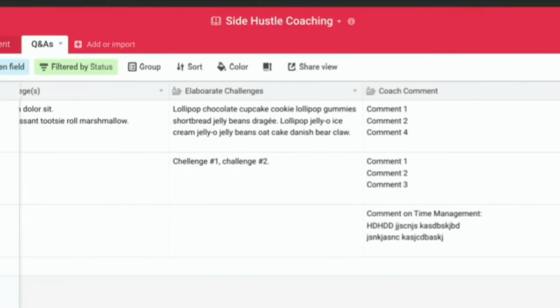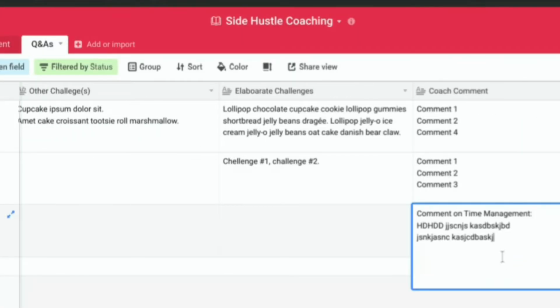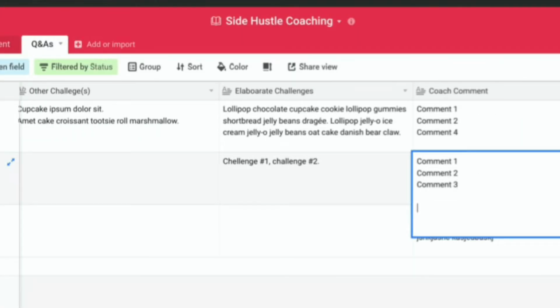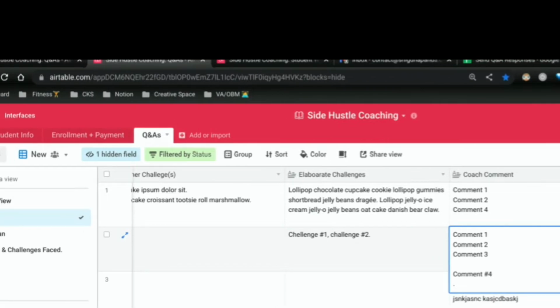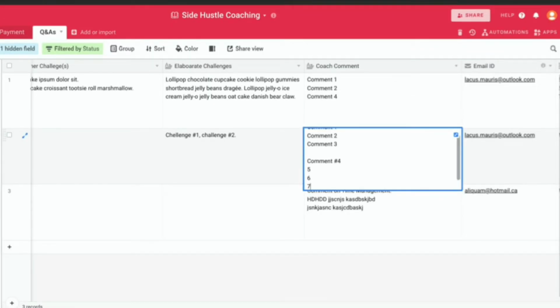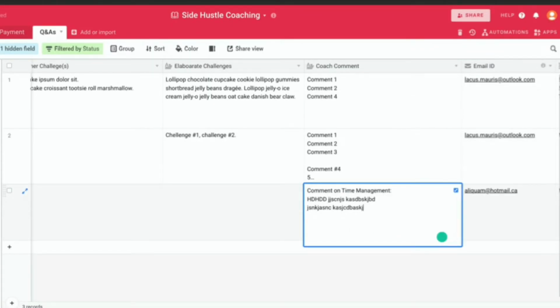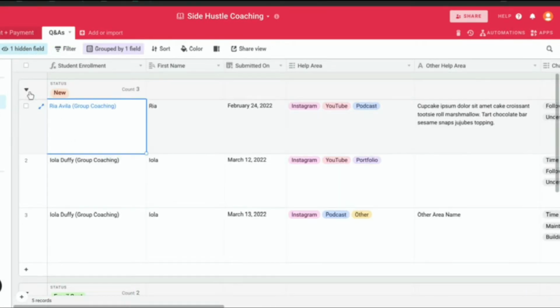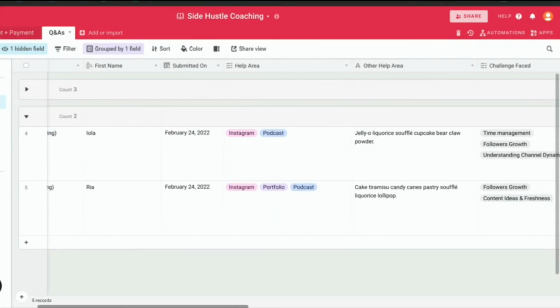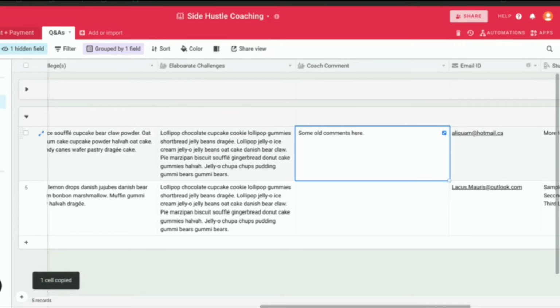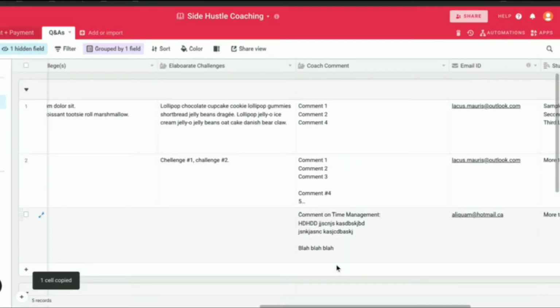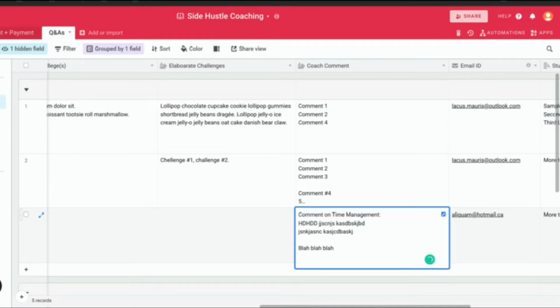To show you a working example, imagine that the coach has received these questions from her students. She can then directly land on this view, which by the way she can totally save as a bookmark on her browser and then fill in the details right within this view. In this case, she can also refer back to some of her old queries that she might have answered to other students previously. So instead of typing a similar response all over again, she can copy paste whatever she wants from there to the current response.